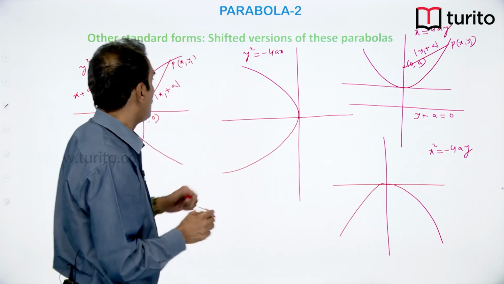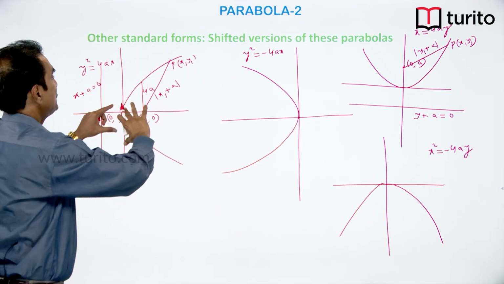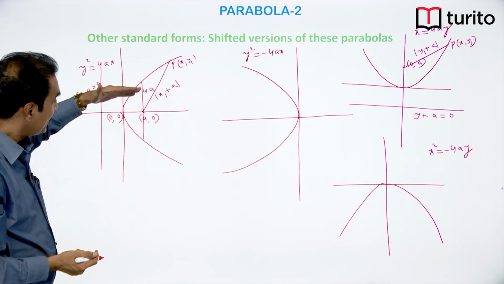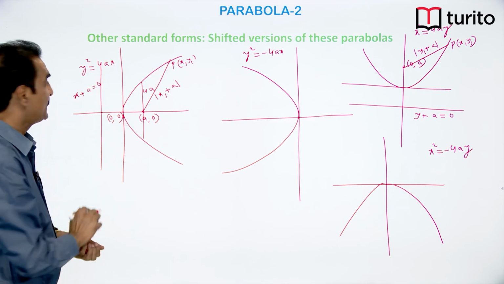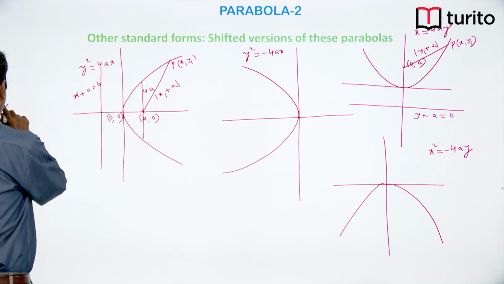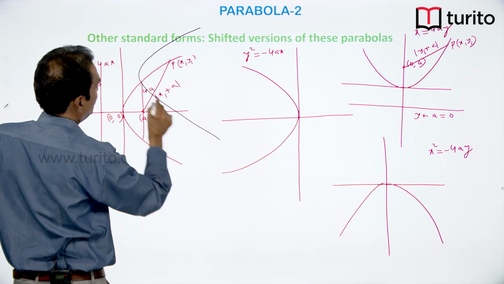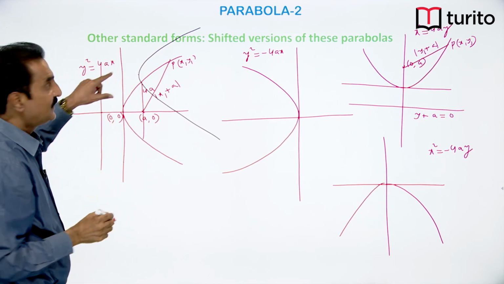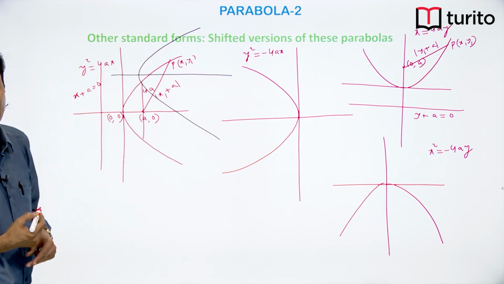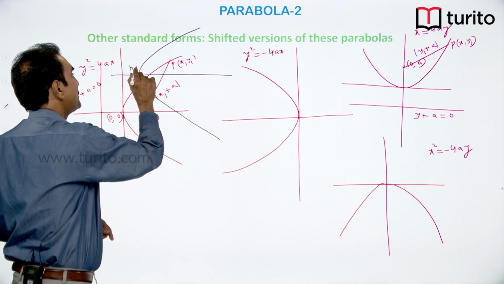Now, if this parabola is shifted to some other position, keeping the axis of the parabola parallel to x axis. Suppose I have shifted this parabola to this position like this. This is the new vertex and axis will be parallel to x axis. Axis of the parabola is parallel to x axis. Then if this is h comma k,